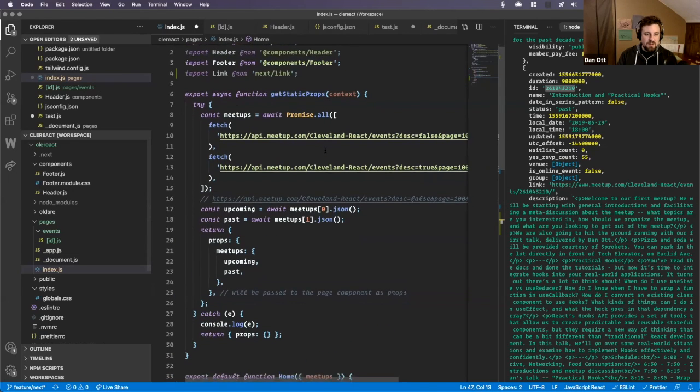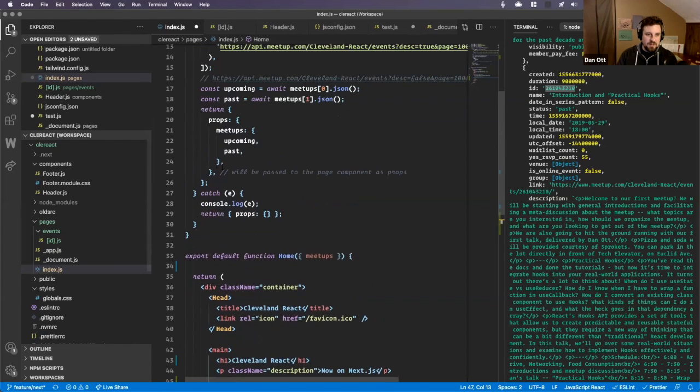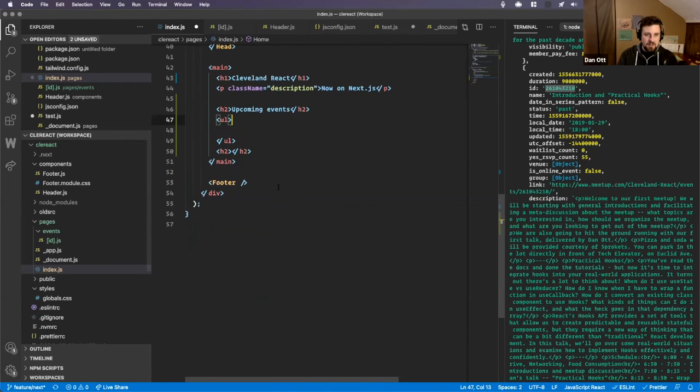But at this point, we have the same sort of list. So we have meetups, and what did I call it? Upcoming and past. So meetups upcoming,